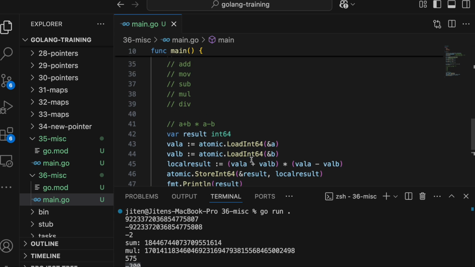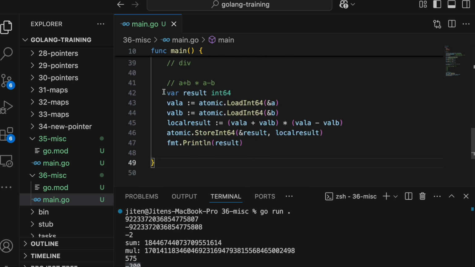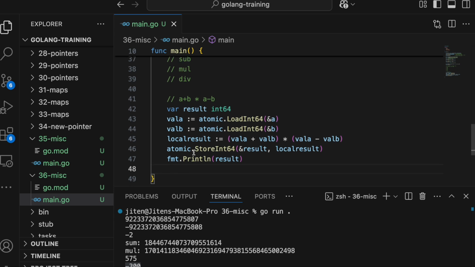So here the concept is, what is the difference between this and that? This is an atomic operation. You are performing an atomic operation. Atomic operations are executed in a single instance. Exactly in this particular scenario, it may not be performed 100% in a single instance, but generally, if you put it like this,